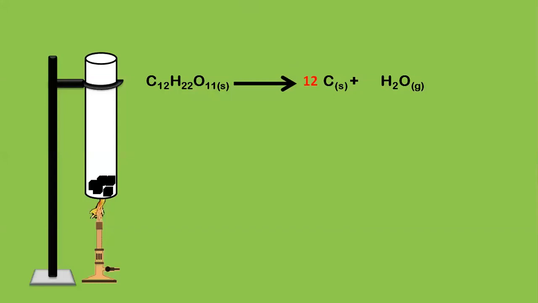How many hydrogen do I have on the left hand side? Hydrogen on the left hand side, I have 22. And how many hydrogen do I have on the right hand side? It's 2. Can you make that 22? What are you going to multiply the number 2 by so that the answer would be 22? Remember multiplication, okay? Which number should I take to multiply to 2 so that the answer would be 22? The answer is simple. We are going to get 11. Very good. So 11 multiplied by 2 gives me 22 hydrogen.